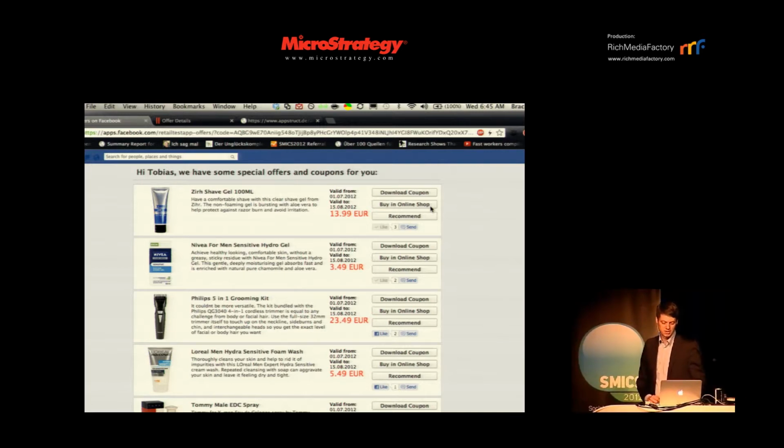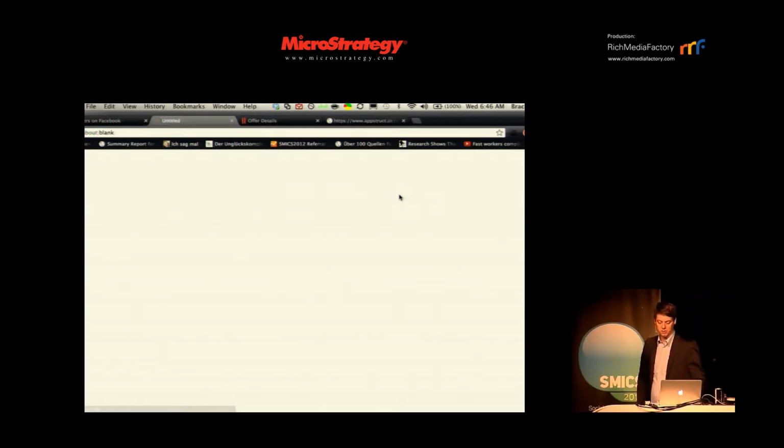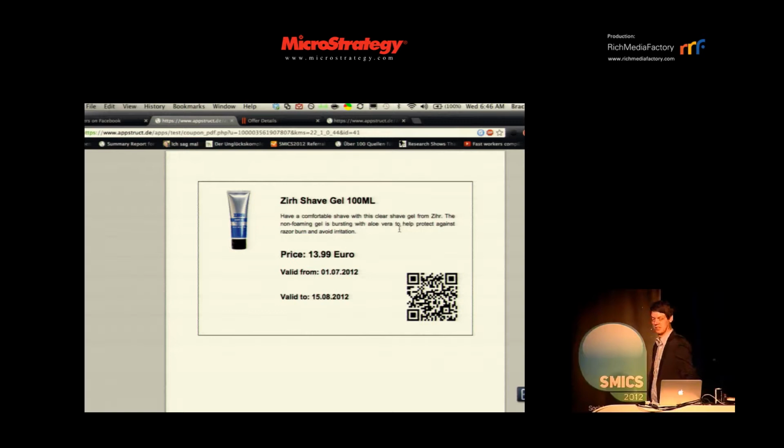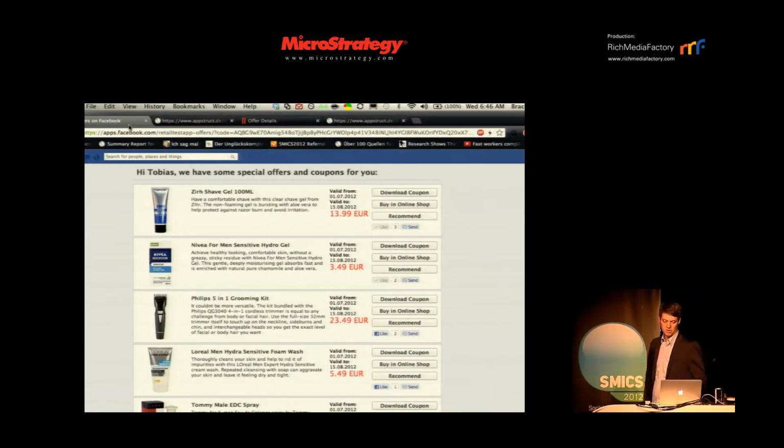But if I click now on the download coupon, this barcode will be personalized with the user ID. So you can track later on, coming back to the closed loop, you will know how many times these offers have been shown to the audience. You can say via the interaction with the open graph. Oh, I forgot to tell about it. If you click on download coupon, at the same time you trigger an open graph action, meaning that,